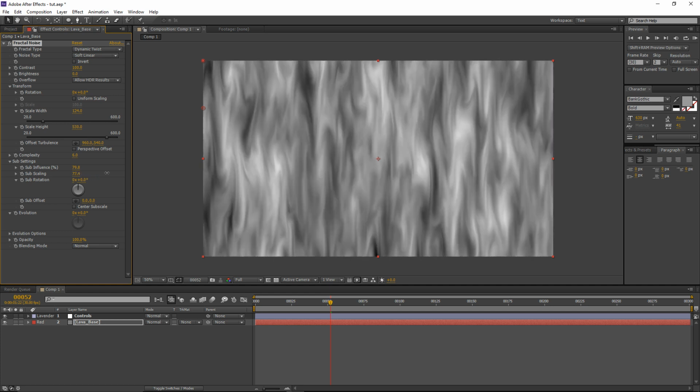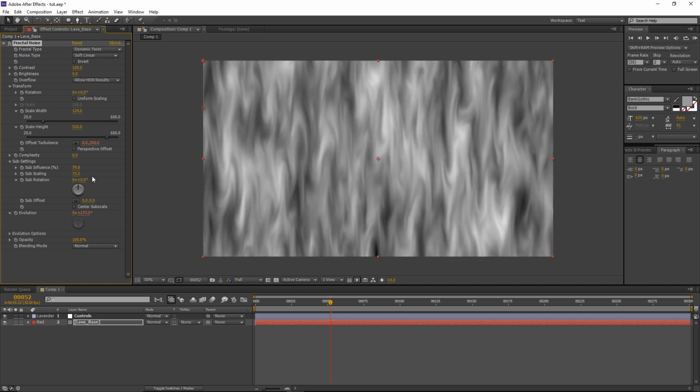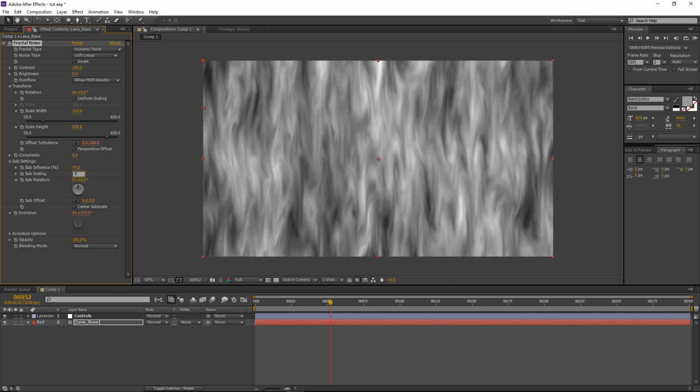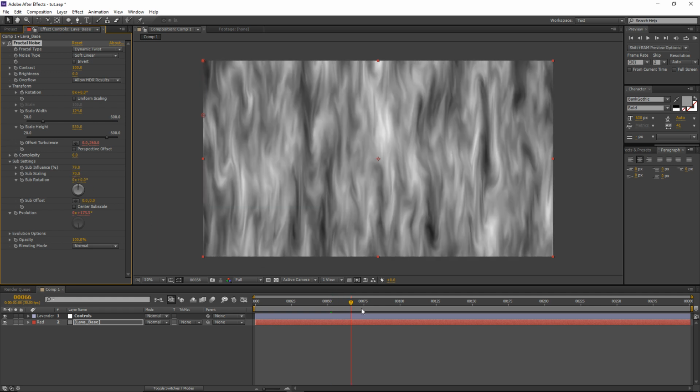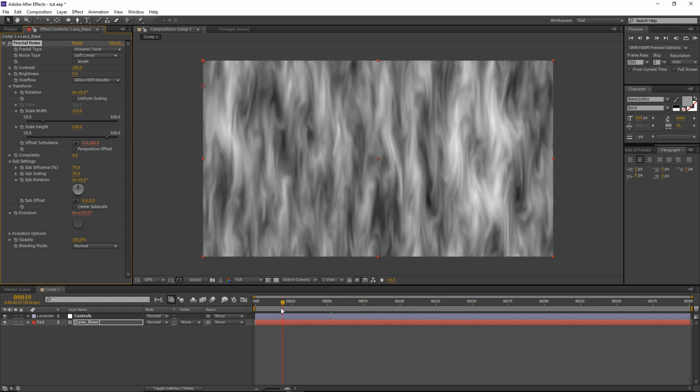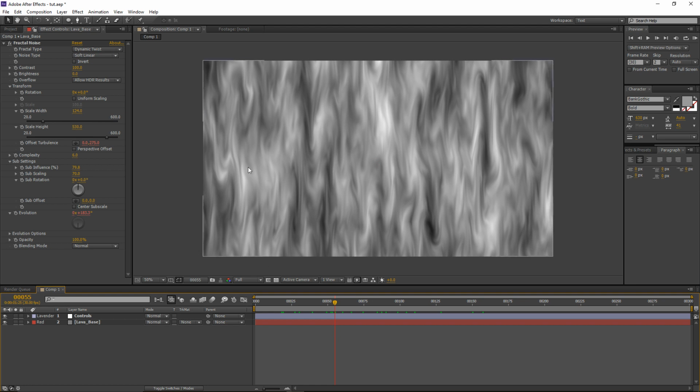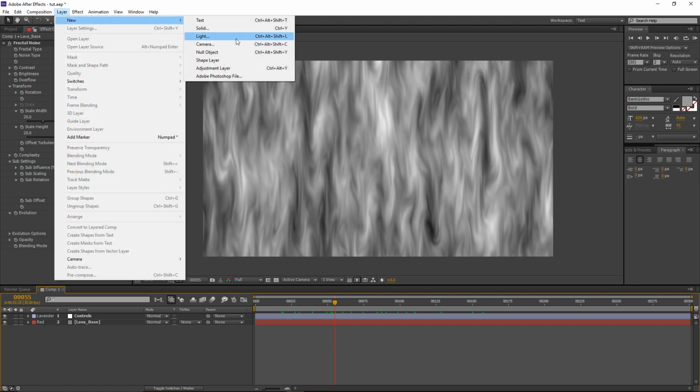And maybe increase the subscaling again. Or actually, I'm just gonna leave the subscaling as it is. Maybe let's go with a value of 70. Alright, so this is looking pretty good, and let's go to our next step, which will be to add a new adjustment layer,